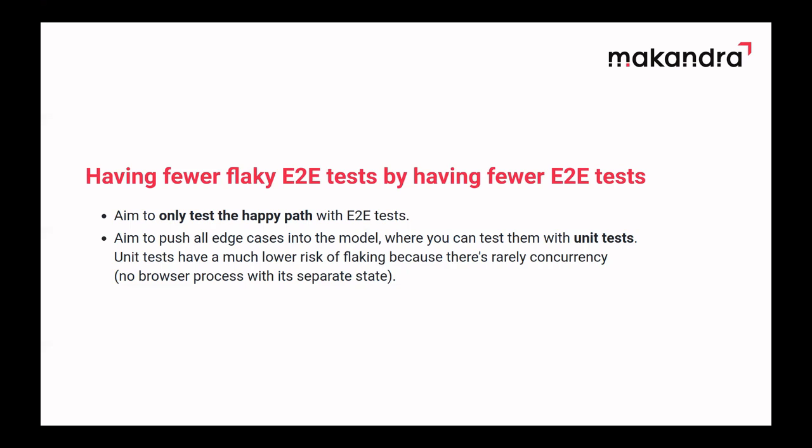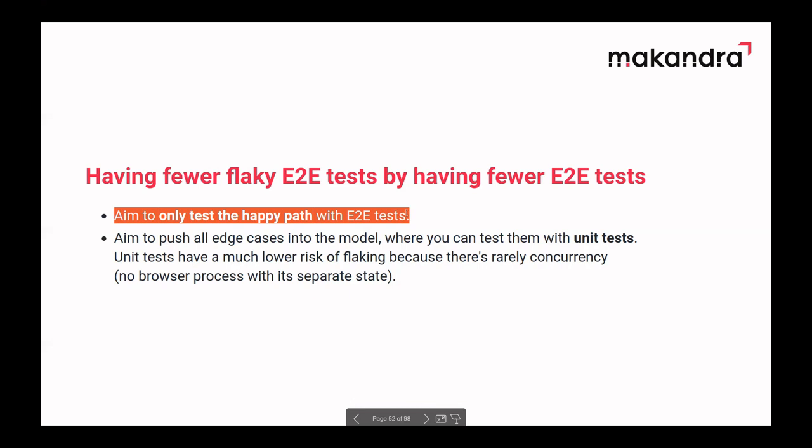So I'm a big fan of end-to-end tests in general. These are the only kinds of tests that actually give me the confidence to deploy on a Friday night and just go into the weekend. I can never have this kind of confidence with unit tests, but I'm also a big fan of using end-to-end tests where they make the most sense. And something that has worked very well for us is to aim to only test the most important cases with an end-to-end test, and push all the other cases into the model where we can test them with unit tests. And a unit test